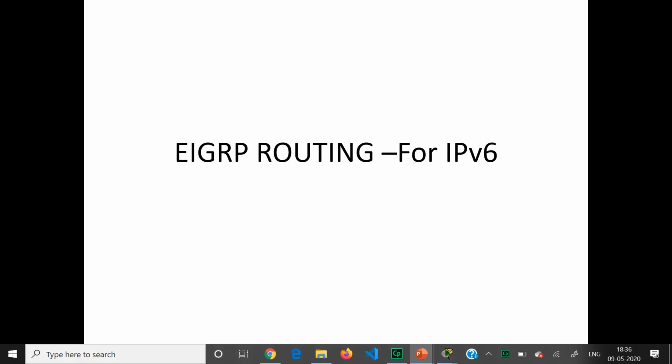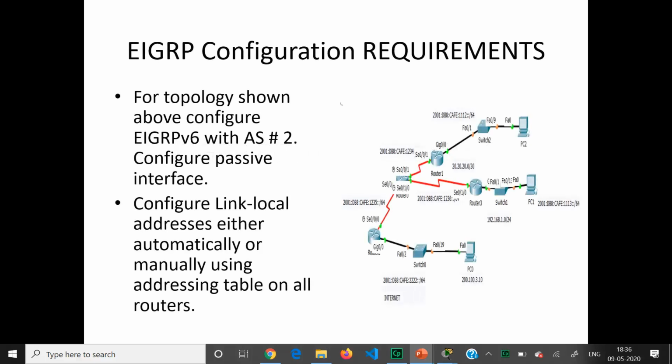So we are going to look at EIGRP routing configuration for IPv6 networks now. For IPv4 networks we have already covered. So we are going to consider this topology where we are going to configure R0, R1 and R3 with EIGRP, and the autonomous system number we are going to consider as 2 for these three. They belong to one autonomous system, and this is the internet for which we are going to do a static